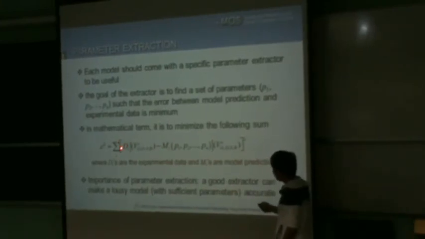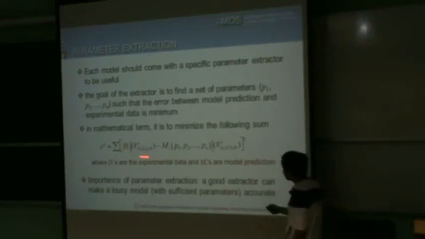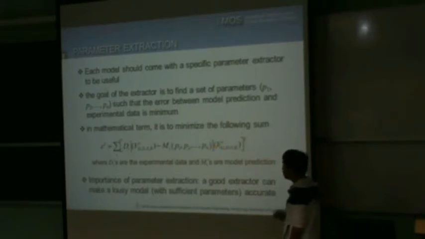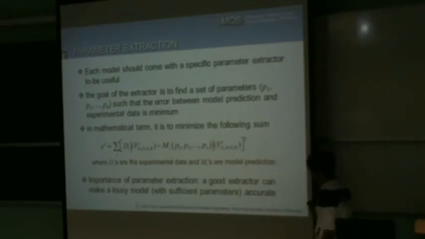For example, these are the experimental data. You get the ID, this individual data, measured at certain kinds of VG, VD, VS, VB. So these are measurement data at certain bias conditions. Now, using the same bias conditions put into the model with one set of parameters, it produces a prediction. Supposedly, if the model is very accurate with this parameter set, then this error should be very small or close to zero. You look at the difference between these predictions and the measurement data, square them, and add them all up. This is like the total, some kind of square of the total errors. You want to find the parameter set P1, P2, P3, up to Pn, such that this error is a minimum. So this is the goal of a parameter extractor.